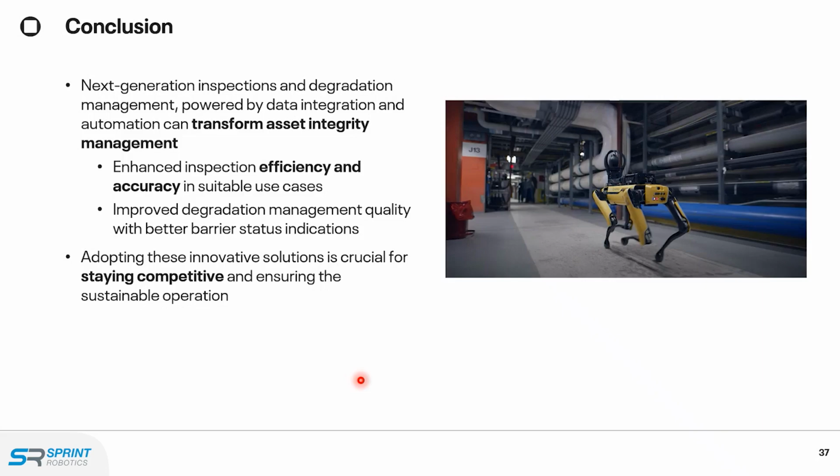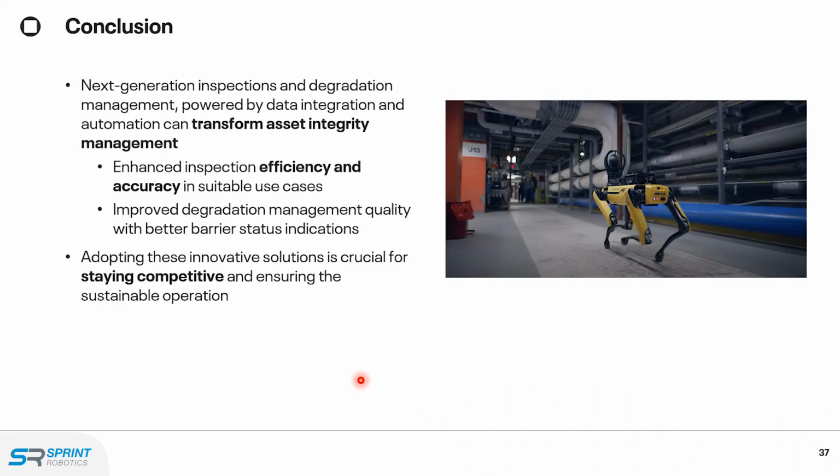Yeah. Conclude, right? Next generation inspection and degradation management powered by integrations. So touching that key integration, how we are going to bring that data that can transform asset integrity management. Enhancing inspection, I think inspection will happen for a number of years, except for new facilities that will probably come with the built-in technology to monitor integrity. For now, existing assets need to be inspected, need to be verified by inspectors. A lot of compliance within pressure equipment, those have to be accommodated.